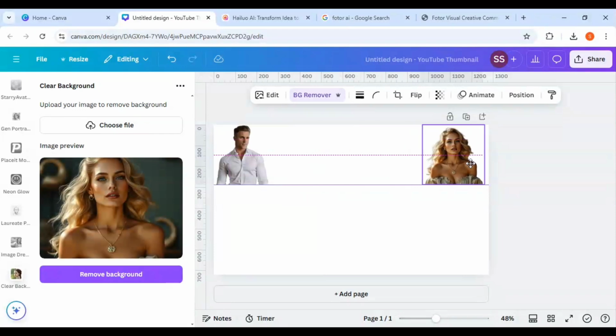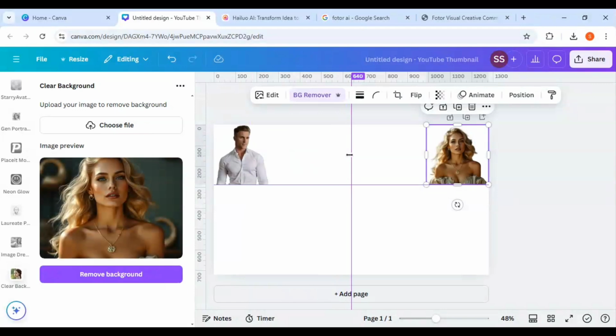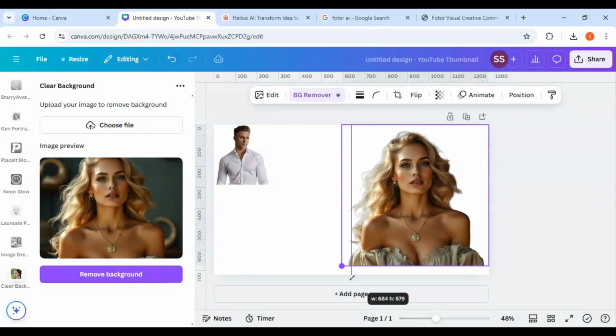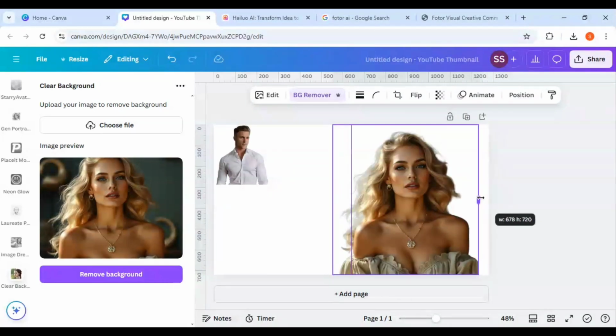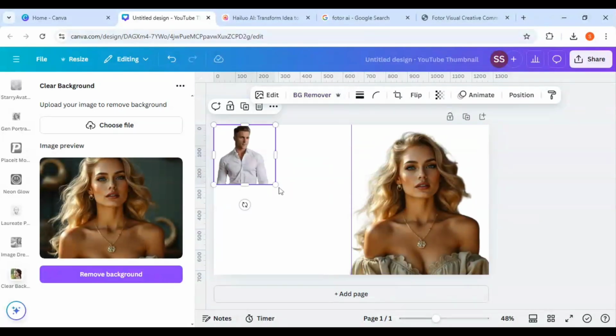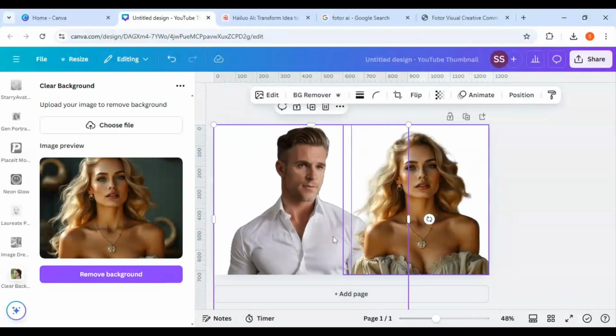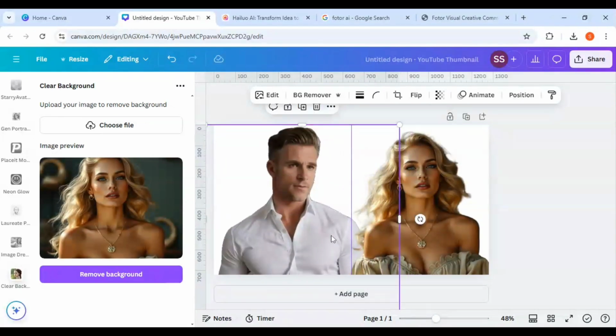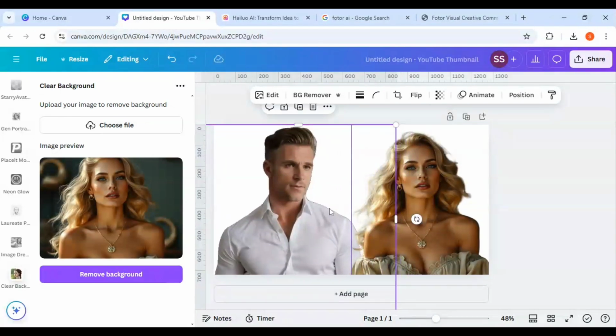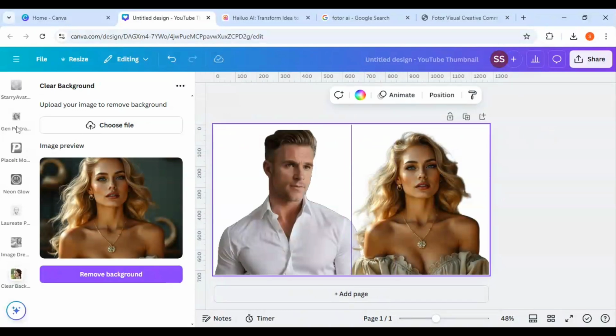Now I will make the images bigger. So before that I will mark the halfway here, which is 640, and now I will just make the image bigger and just crop out the parts which are not required here. Okay, and I will also make this one bigger. Okay, and just place it right here, and as it is done here, now I will just crop out some parts so that I can just select the background from here, and I will just scroll all the way up